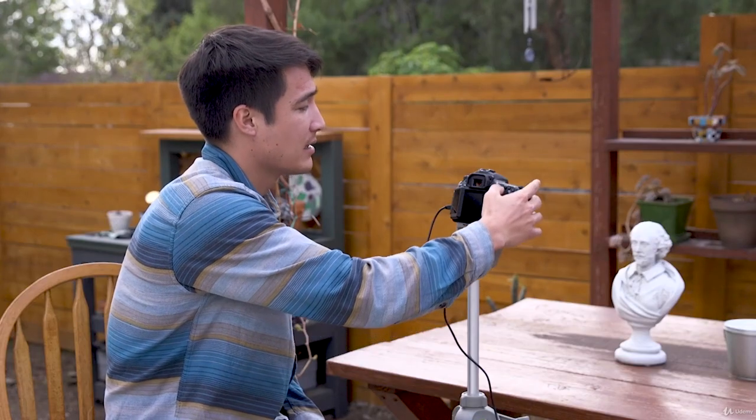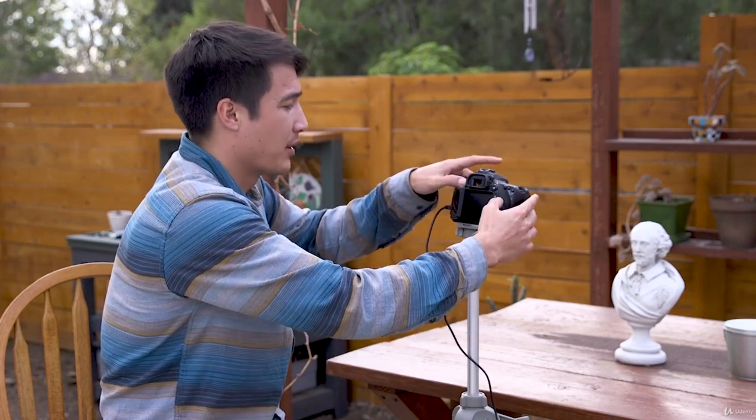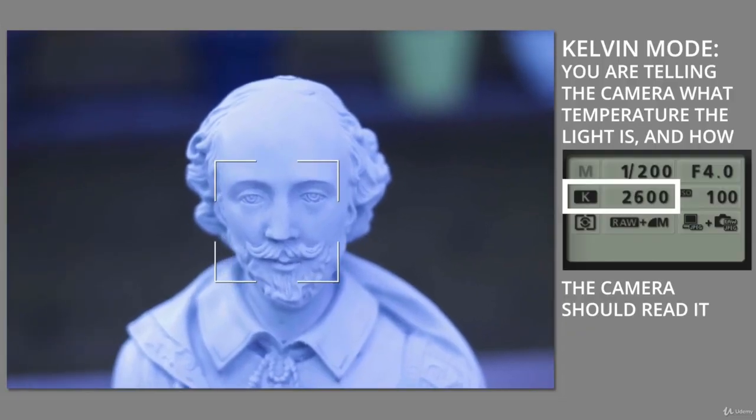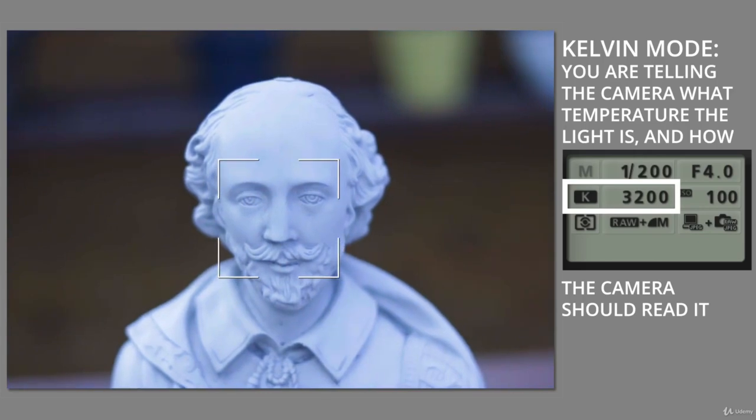Let's go ahead and move up in the Kelvin scale with our white balance. So we're at 2500 and let's go up to 3200. So this is a typical incandescent light bulb, something that you might find indoors. And you can see it's a little bit less blue, but it's still pretty blue. If we were indoors with incandescent light bulbs, this would look white, but because we're outside under the daylight, it